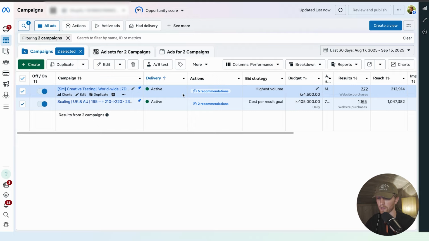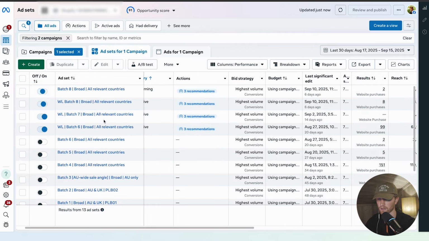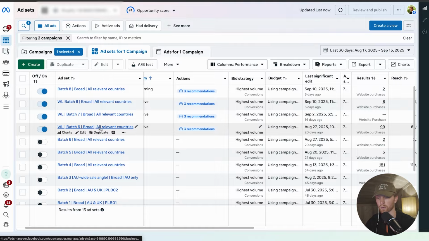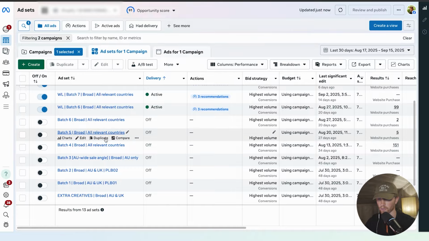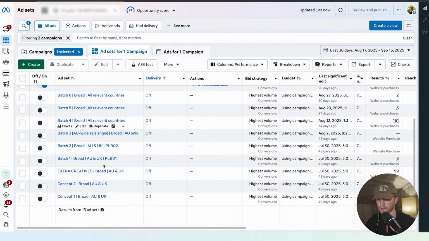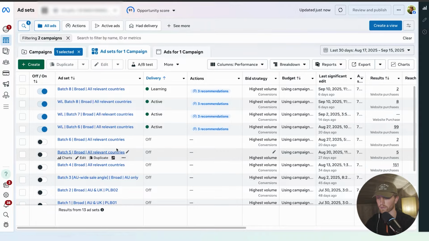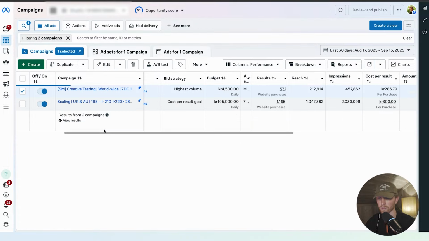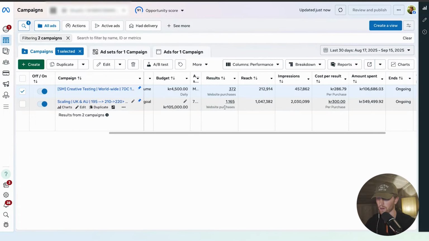And then we're also every day pushing in spend into this testing campaign where we have multiple ad sets active. So you see some of these are white labeling ad sets where we're not using the brand's own Facebook page, but we're running it through a third-party Facebook page. But then we also have other batches, and we're testing all of these, and when they're not getting us results, we're turning them off, but we're letting them run for quite a long while before we turn them off. And when we find winners, we just let them sit in here, but we also promote them into the other scaling campaign. And that is how we're able to get, as you can see here, last 30 days, over 1,000